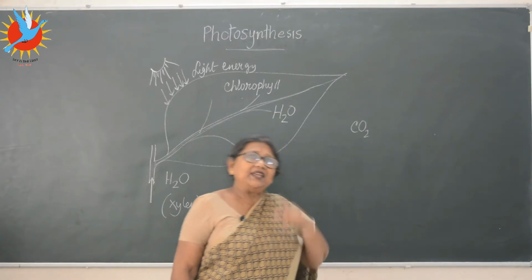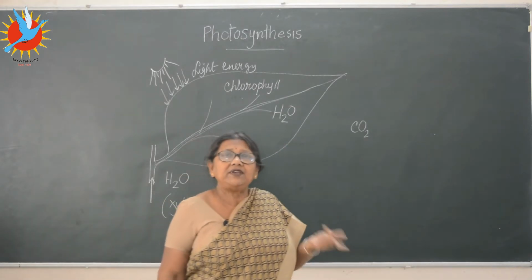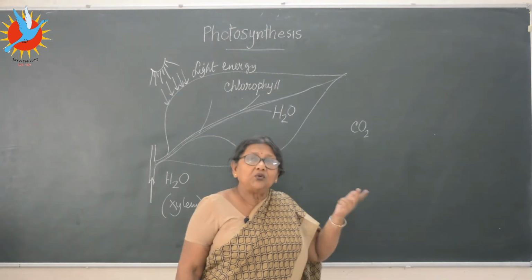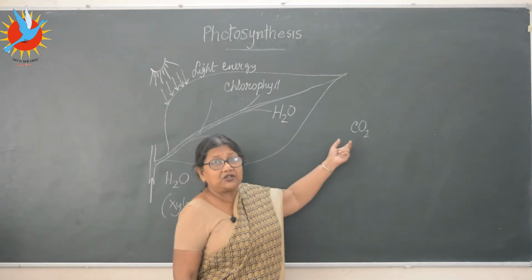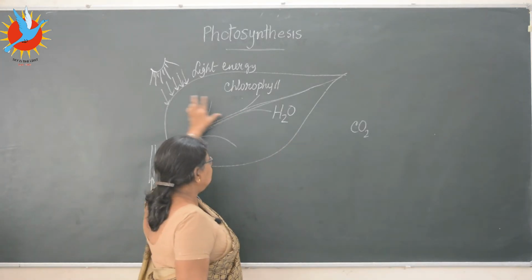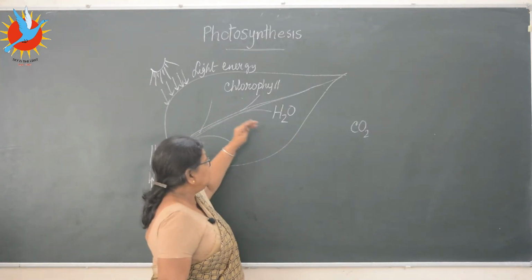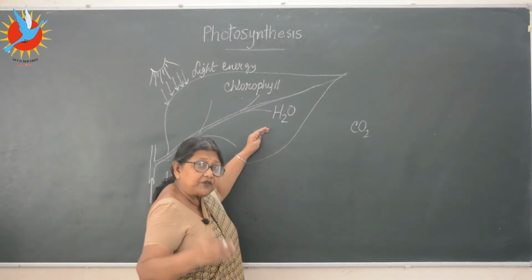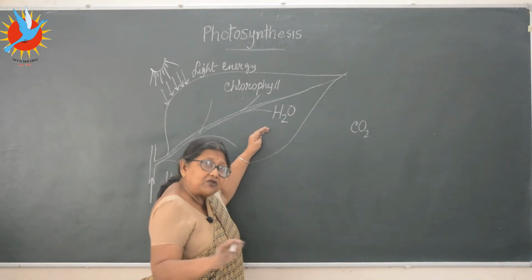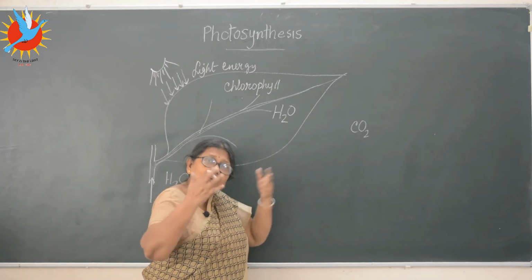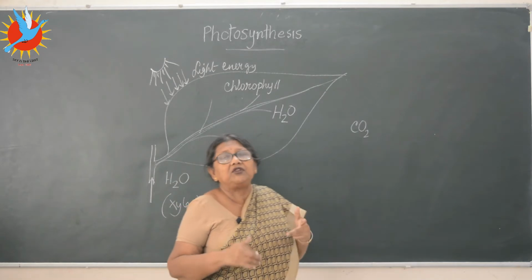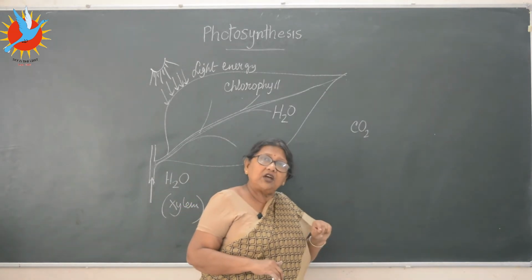They are breathing. Continuously we are breathing. All the living cells are breathing. Which gas is taken in? Oxygen. Which gas is given out? Carbon dioxide. So all the living cells are giving out carbon dioxide as they are breathing. By the process of respiration, they are giving out carbon dioxide. So cells already have carbon dioxide in them, which has been liberated in the cell by the process of respiration.